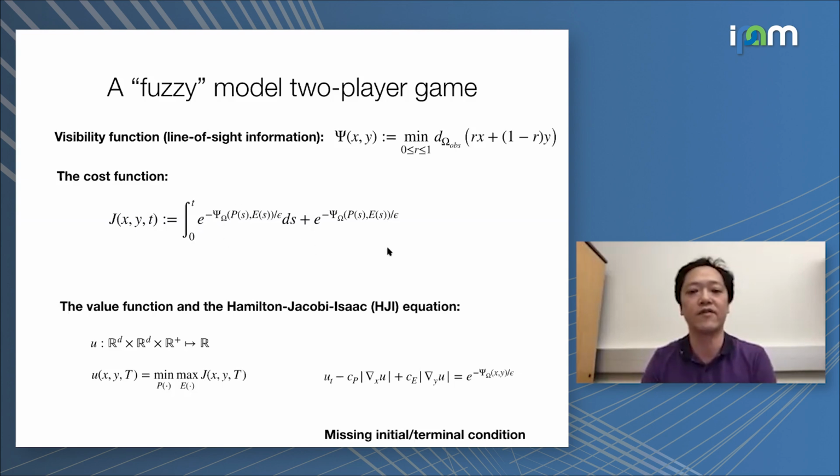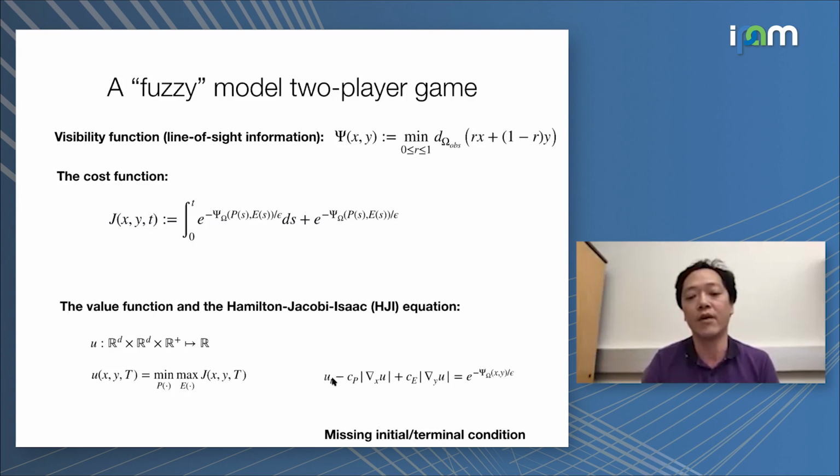define this cost function as follows, where this is the terminal cost, and the terminal cost would be very high when P and E cannot see each other. The running cost is the same: it will be very high when P and E cannot see each other. Otherwise, it will be smaller. So then we can easily derive a finite horizon game and play this as a finite horizon game. The evader, the bad guy, will maximize J, while the good guy will minimize J. Then one can easily derive this